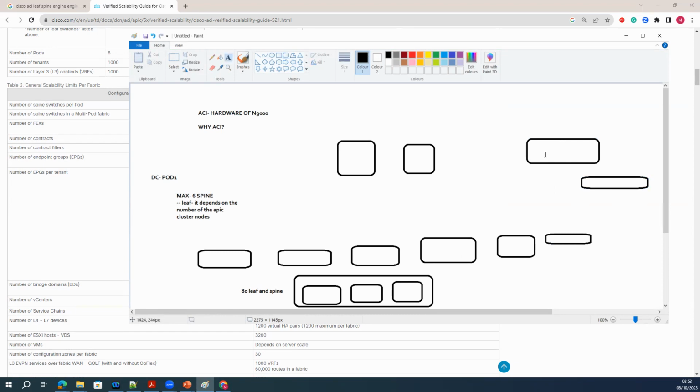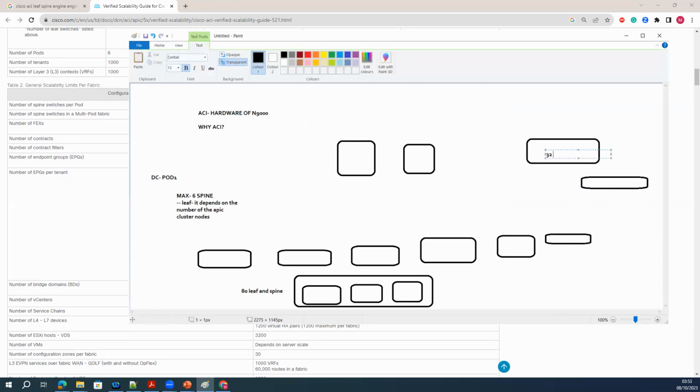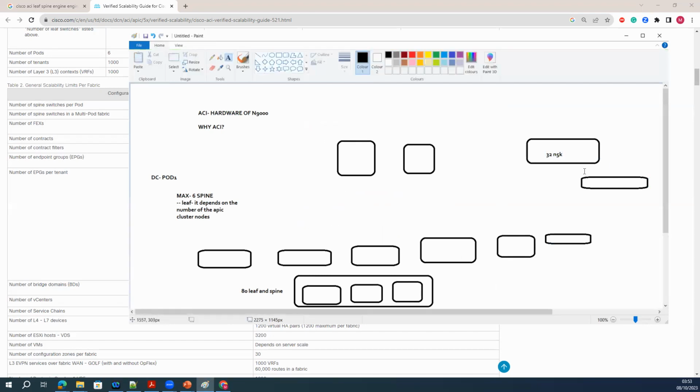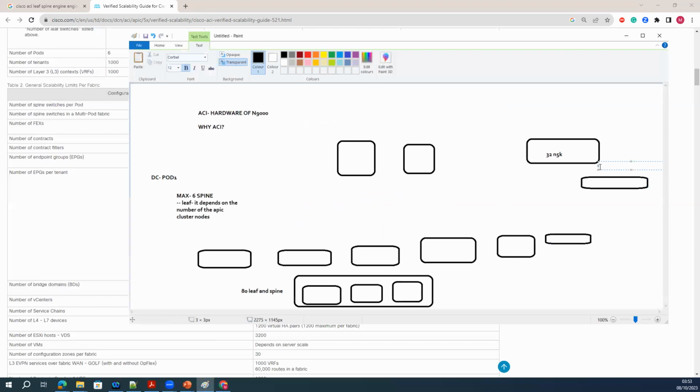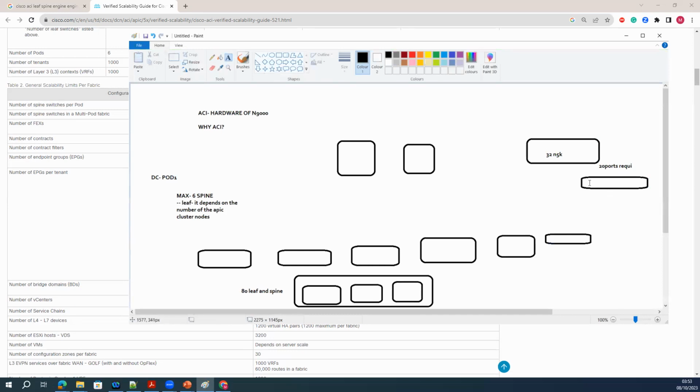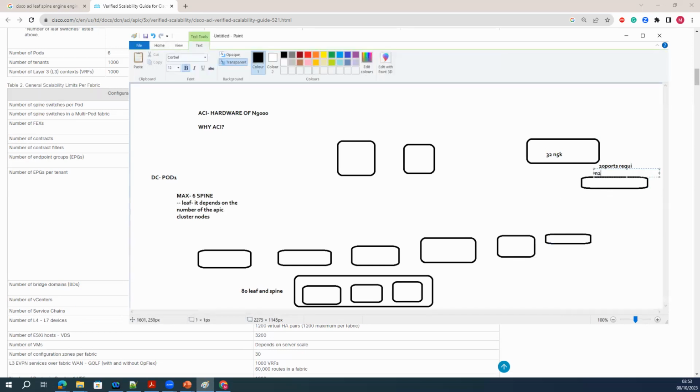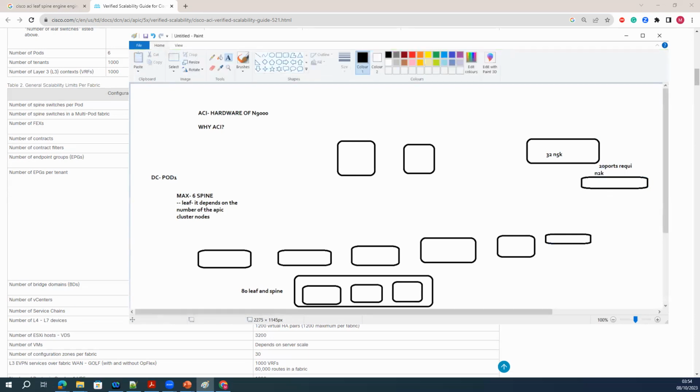Suppose you have a 32 port switch, this is the N5K, and you have a requirement for 20 more ports. In this case, you don't purchase one more N5K, that will be expensive. What you purchase here is some ports, and Cisco sells that as a Nexus 2K device. Okay. It's a brainless device.